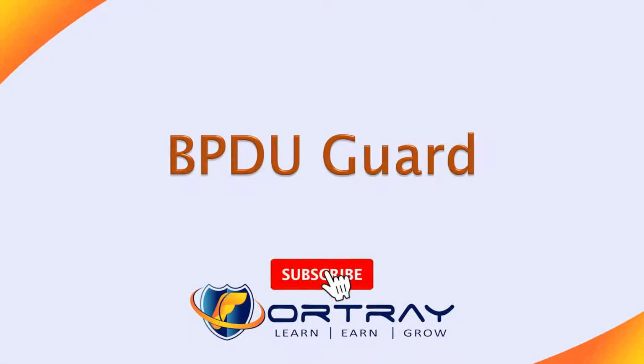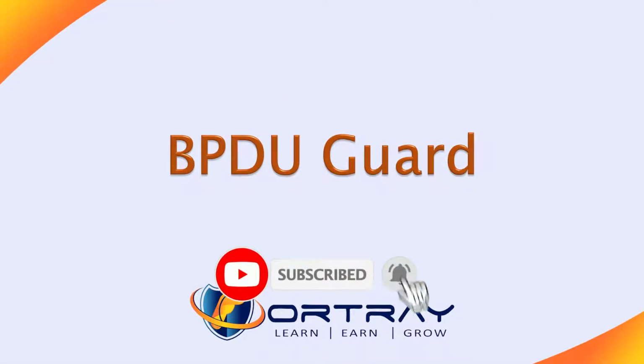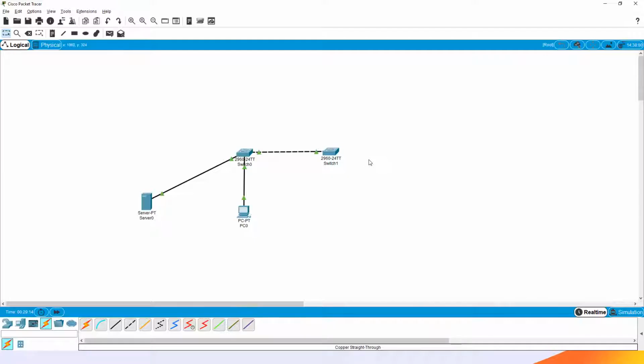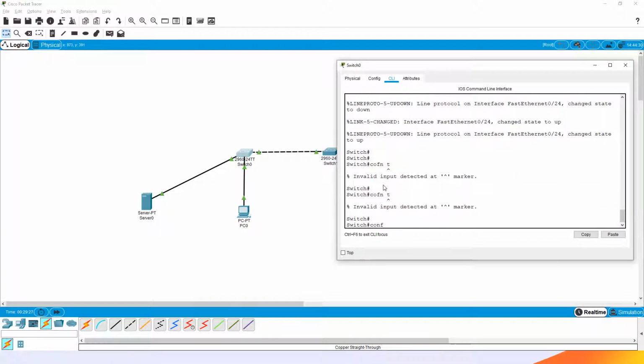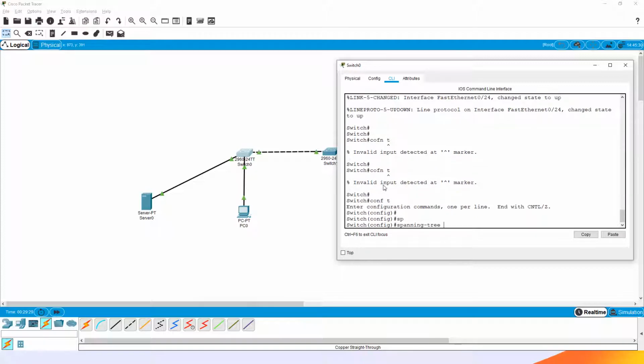CCNA topic is about the BPDU guard. What the BPDU guard is doing, it's giving you protection when you enable the port fast feature. Because effectively, if somebody has enabled the port fast feature here, and you connect a switch here, it can create a temporary loop. To avoid this, whenever you do the port fast, you need to enable the